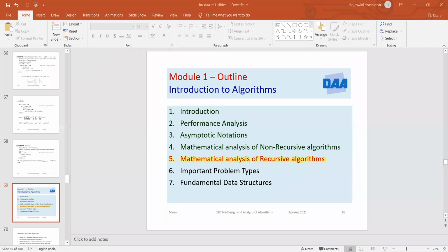Factorial. Next, Fibonacci series. Next, Tower of Hanoi. Then only this. Only three you have told. Factorial, Fibonacci, Tower of Hanoi. Apart from that,